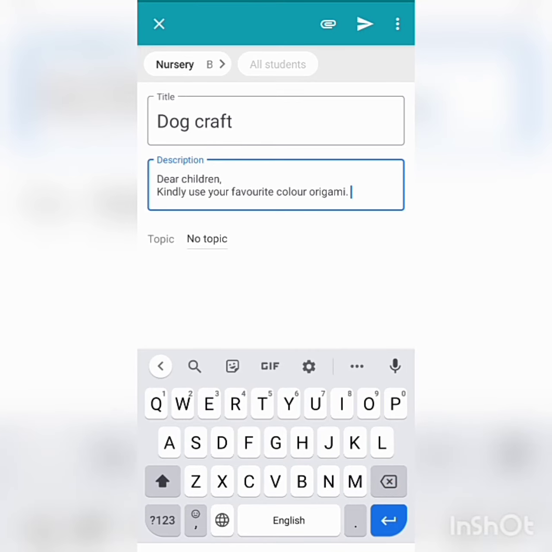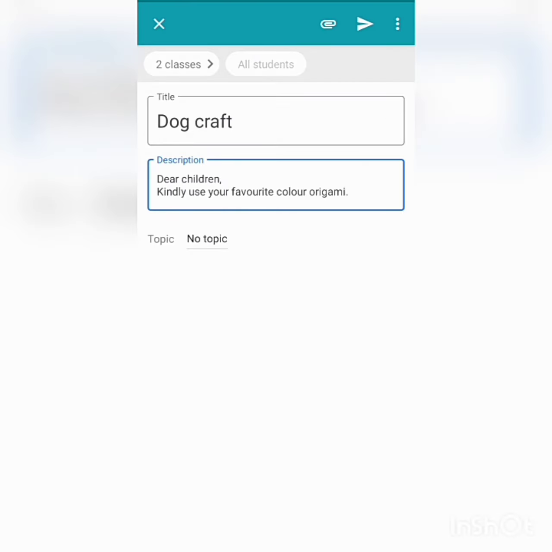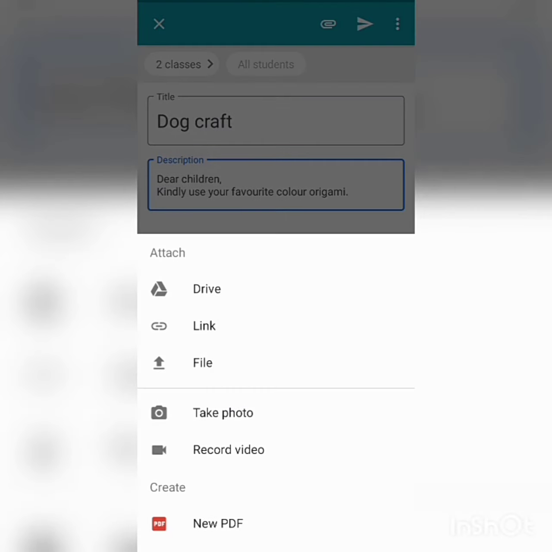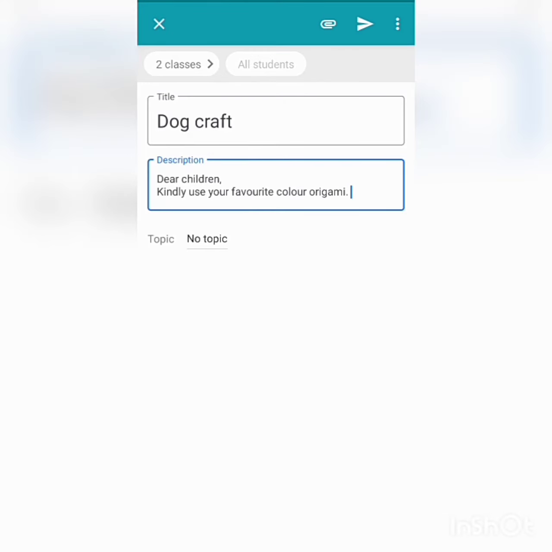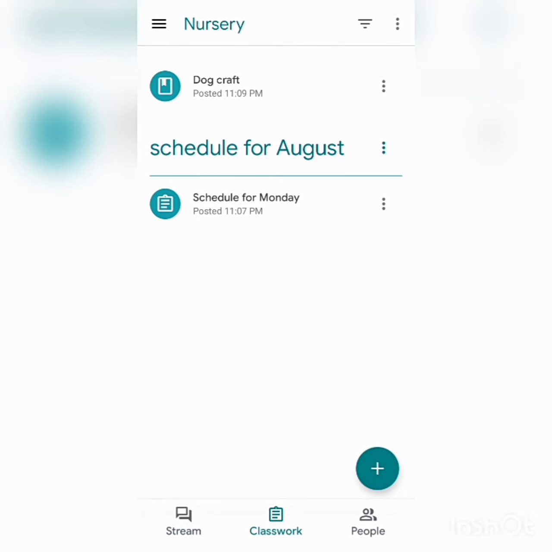That's it. And here also you get the attachment option. I'm going to select both my classes, and you can attach maybe the picture of it and then save it again. And it's done. Your material is created.